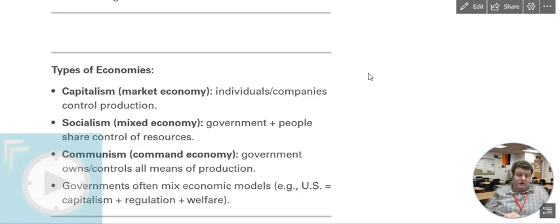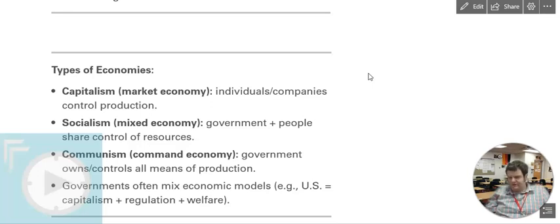This gets back into the functions of government that we looked at in the first lecture. Sometimes some of the services a government provides help turn the government into more of a mixed economy, as another way of putting it. On the other end of the spectrum, communism or the command economy is where the government basically owns everything. They own the factories, they own the companies, and really the citizens are viewed as using these resources, not owning these resources directly like you would in a capitalist society.